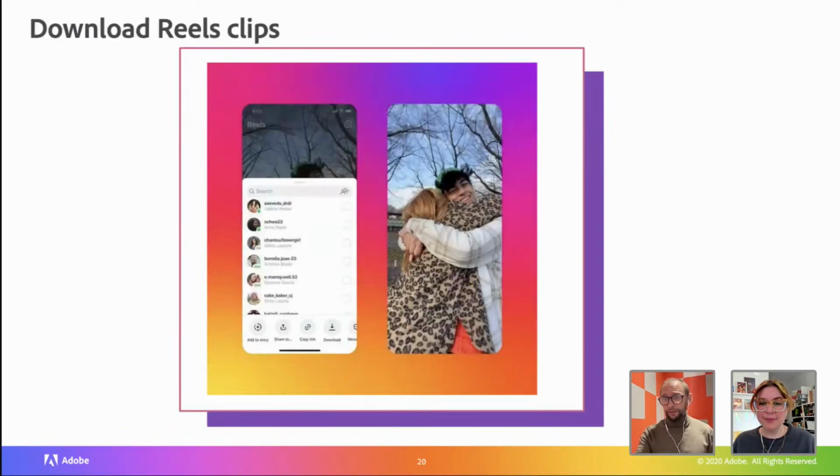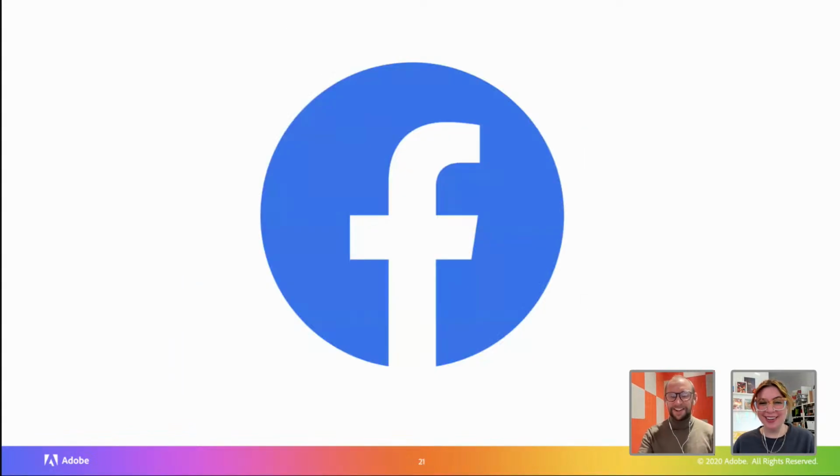Cool. You can now download your Reels clips if you want to. You can also disable this. So if you want to save them for another day or share them elsewhere, you now can. You can also download other people's clips. So if you don't want people downloading your stuff, you can disable this. I think cynically, the reason Insta want this to happen is that they want more people to share their Reels on TikTok. So they're basically fighting back against what TikTok did to Insta.